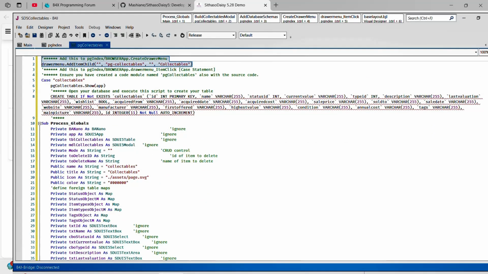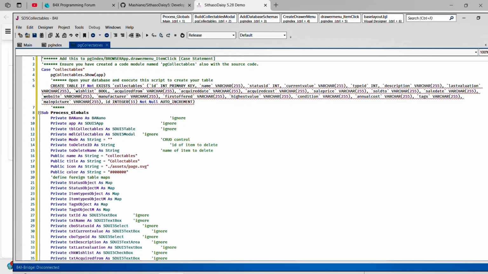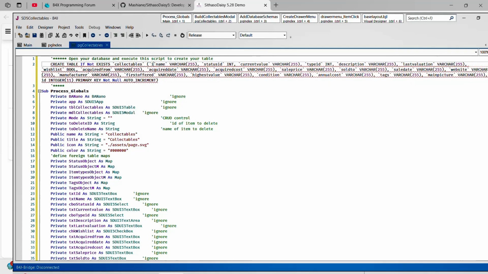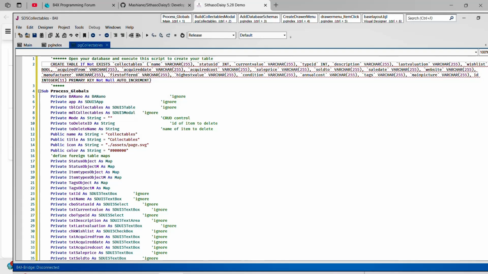This is already there on the drawer creation. This is already there. Now what we need to do is to fire this command here to create our collectibles table. So we're just going to edit this quickly, and then